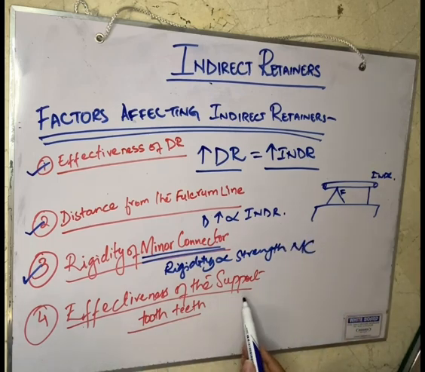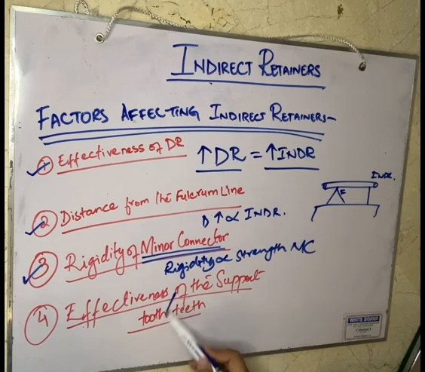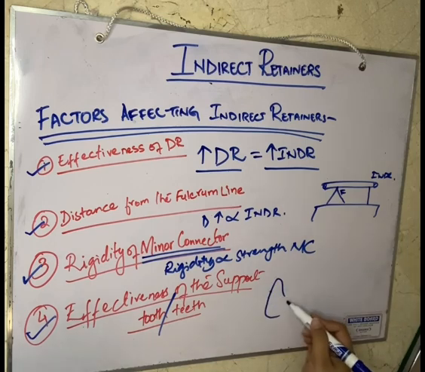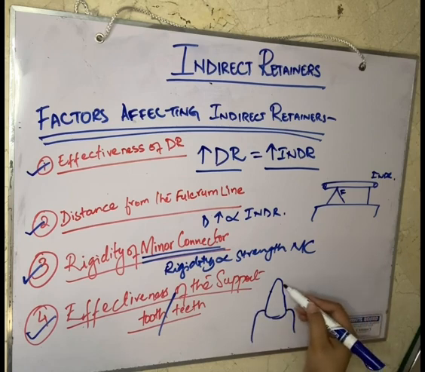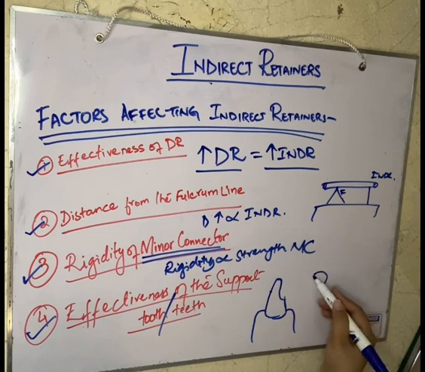Then there's the effectiveness of the support of tooth or teeth, right? What does this mean? Now, the abutment tooth or the supporting tooth needs to be very strong, right? The tooth on which we are using as an abutment or as a support needs to be very strong, right? And the forces and the